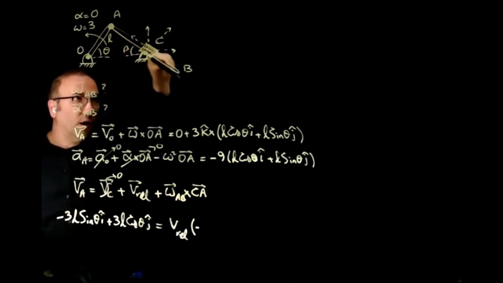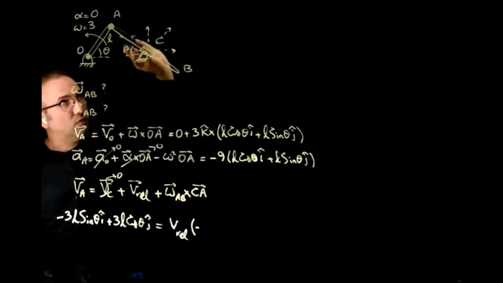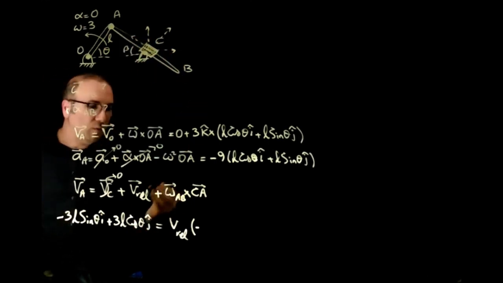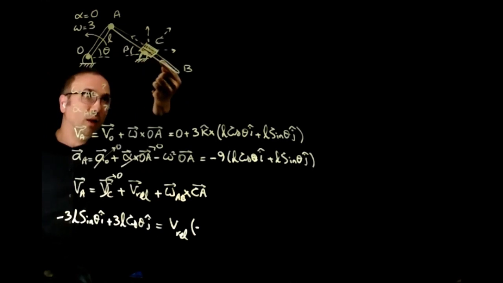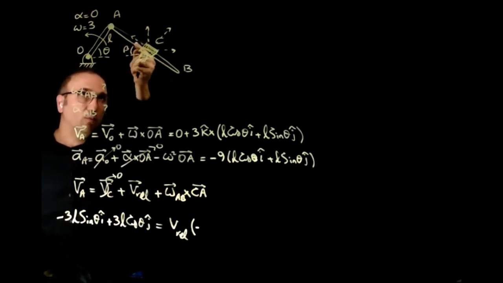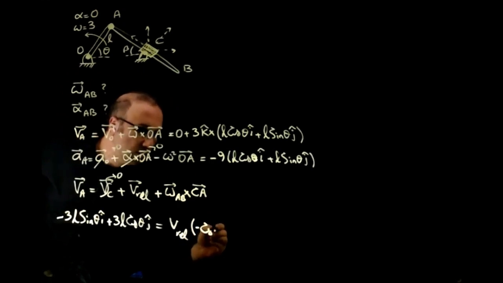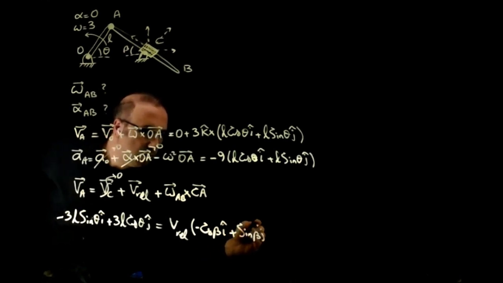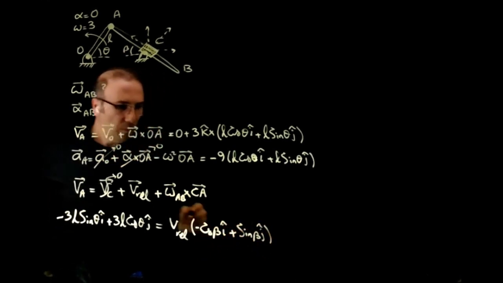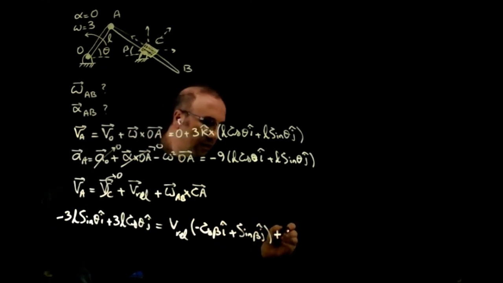If I pick this direction and then VREL becomes negative, it means that it was along that line. So it doesn't matter as long as I'm along that line. So I would pick this one. It would be negative cosine beta I hat plus sine beta J hat, plus omega AB k hat,